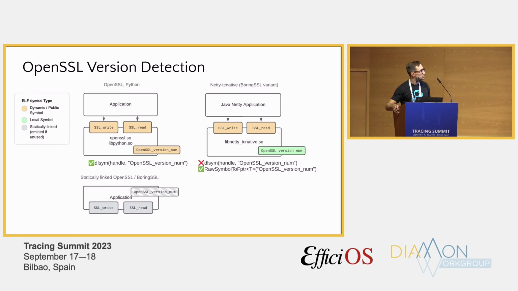The use case we wanted to support after that was statically linked OpenSSL and BoringSSL. Now, these symbols don't exist, they're directly embedded within the application. The OpenSSL version num function that we were using before, there's no guarantee that this function will exist, because if the application doesn't call this function, the linker won't leave it within the executable. And so there was one challenge there that our indicator was just no longer present, but also BoringSSL